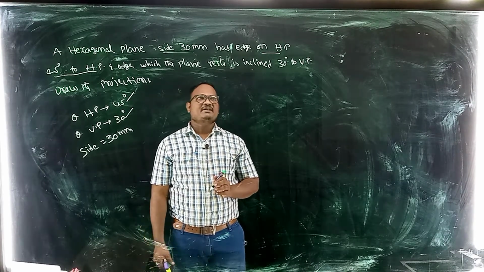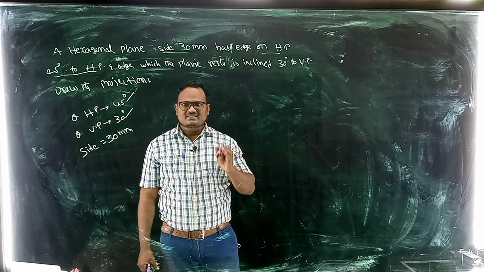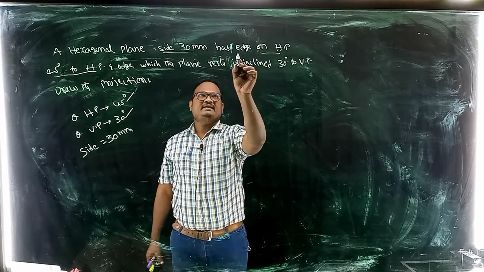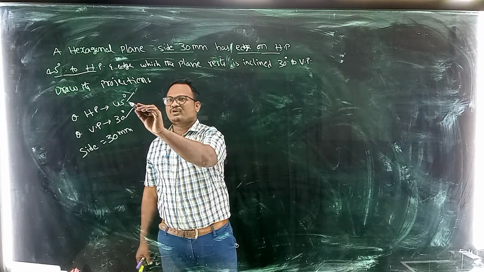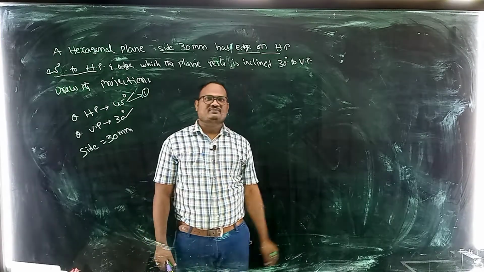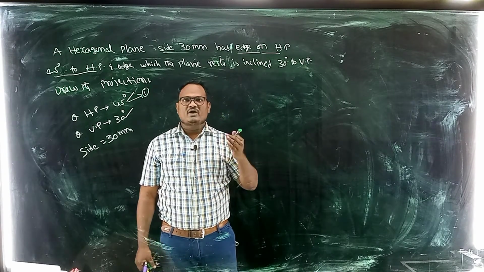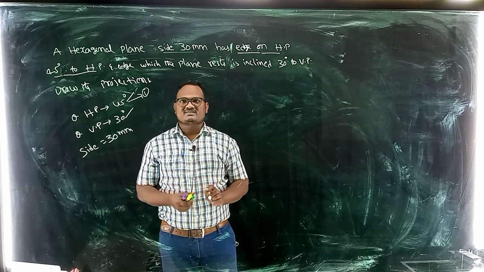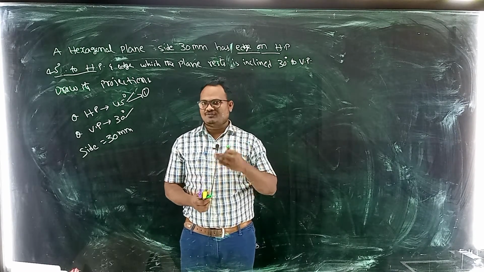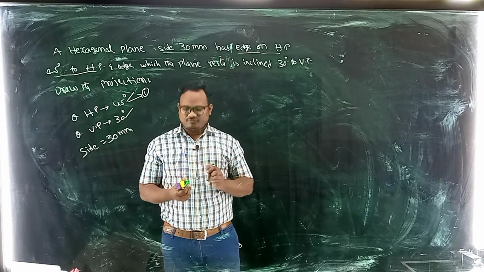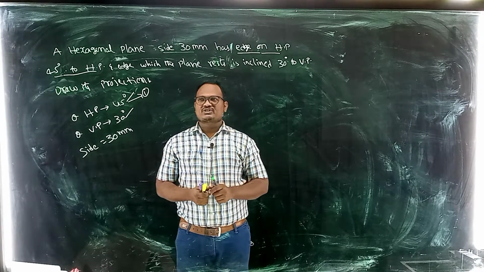Depending upon the data, initially this hexagonal plane is resting on HP, that means the edge is on HP, that's why we have to take the HP angle inclination first. If the hexagon were on VP, then we would take the VP angle inclination first. So in the first stage also we will get a front view and a top view. Which view do we have to draw first? The true view. The front view looks like a straight line, the top view looks like a hexagon.